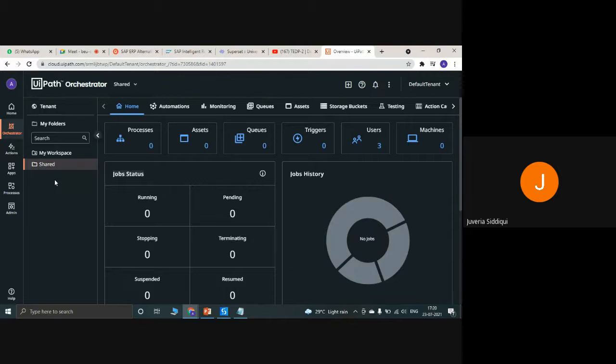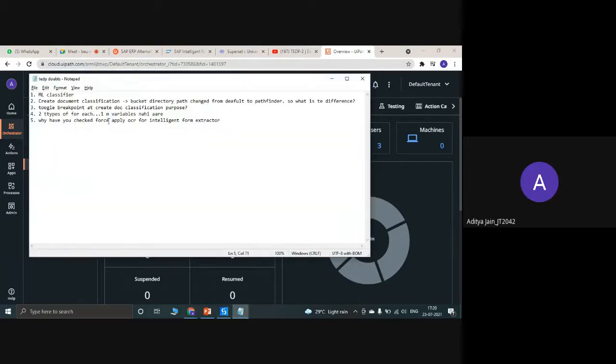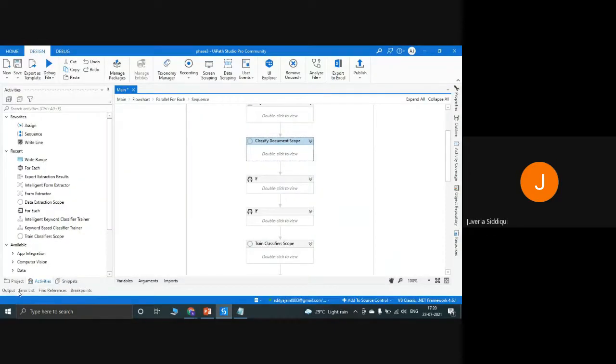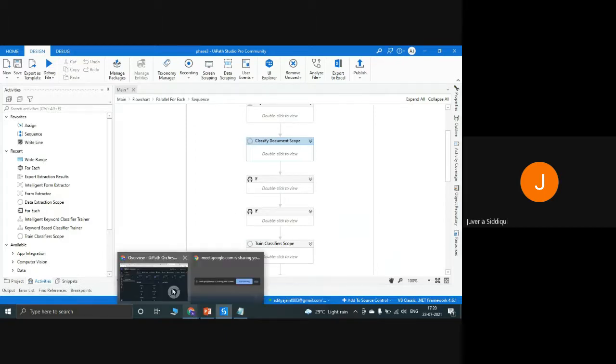The other folder or workspace that I have is called Pathfinder. Inside that, I have my storage buckets associated with Pathfinder. That's why I changed it. So basically, I was encountering an error that my bucket is not defined. Okay, let's first go and see what storage buckets we have, and then we'll solve the problem.